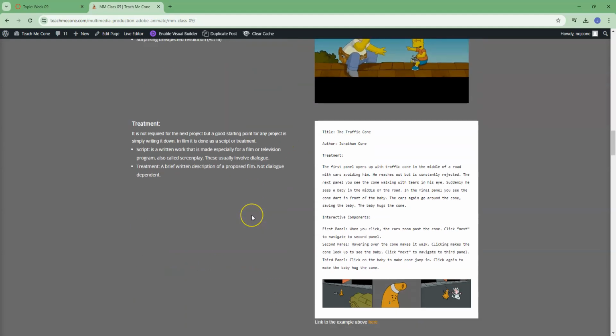One of the things, and I'm not expecting you guys to do this, is that whatever work project you work on, usually you would write a treatment. A treatment more or less is a paragraph, maybe two paragraphs, that just describe what the story is. We don't write full scripts. A script is usually very dialogue heavy, and animation is not. And a script will be long. For every minute, there should be one page in a script. So if it's a 60-minute movie, it'll be 60 pages. A treatment is just a really brief description of it, because our stuff is more visually based.